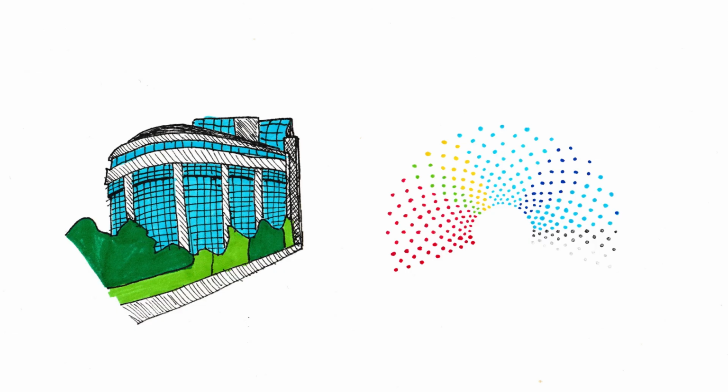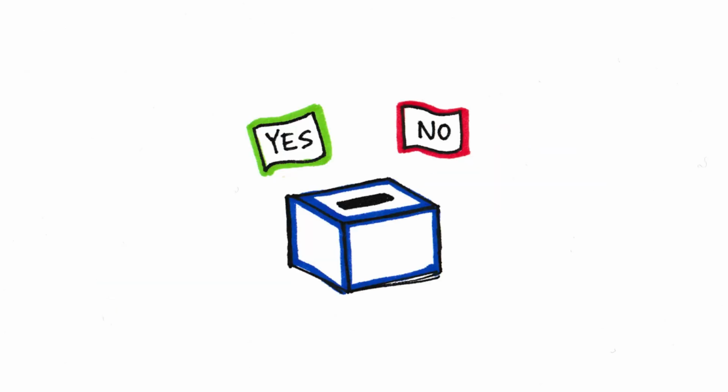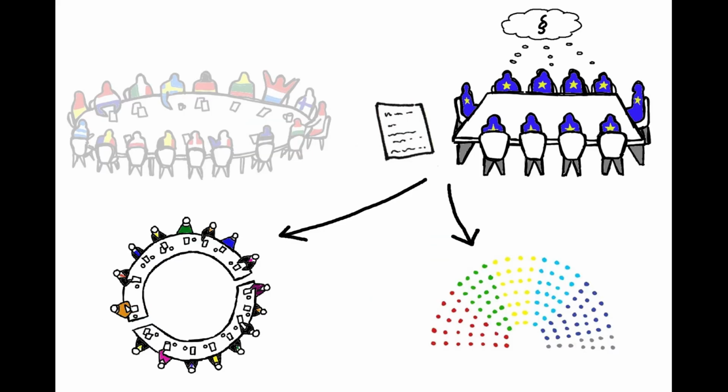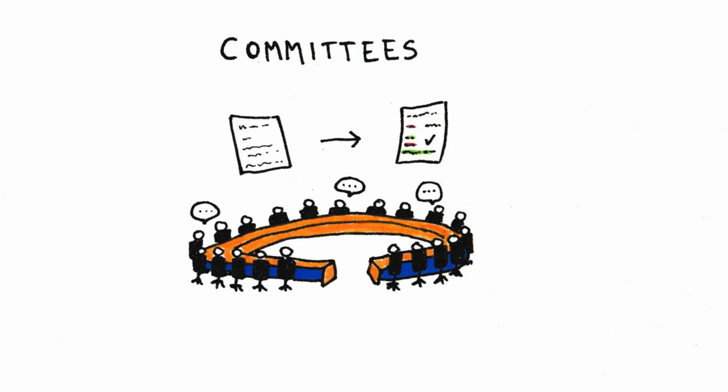Generally, decisions in the Parliament are made by voting. In many of its tasks, Parliament can only vote yes or no to approve a certain change. An area in which the Parliament has more options in is legislation. When a proposal for legislation from the Commission arrives at the Parliament, the MEPs have a chance to make changes to the proposal. This happens through committees.